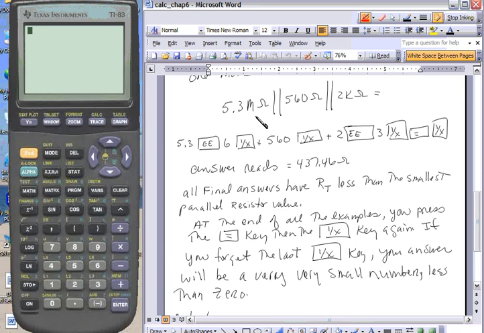Okay, so I have 5.3 meg in parallel with 560 and in parallel with 2K. Notice my middle number doesn't have a metric prefix. That's okay, I just don't hit the EE key for that one. Alright, so we'll start with the first one. So I go 5.3 EE6, 1 over x, plus, now that this is my regular number, so I just put it in, 560, 1 over x, plus 2EE3,